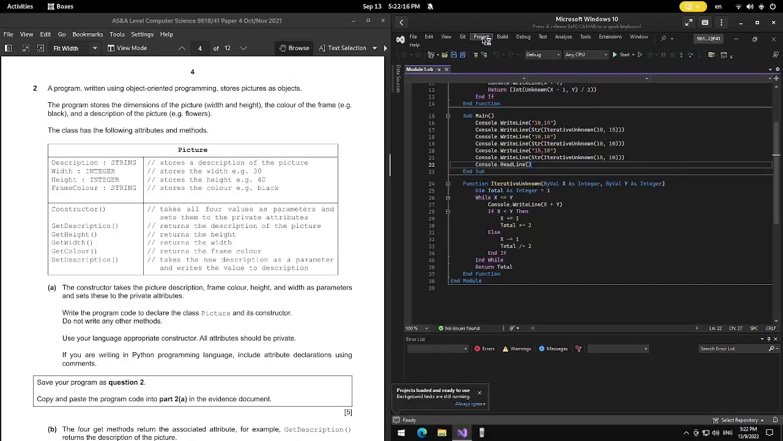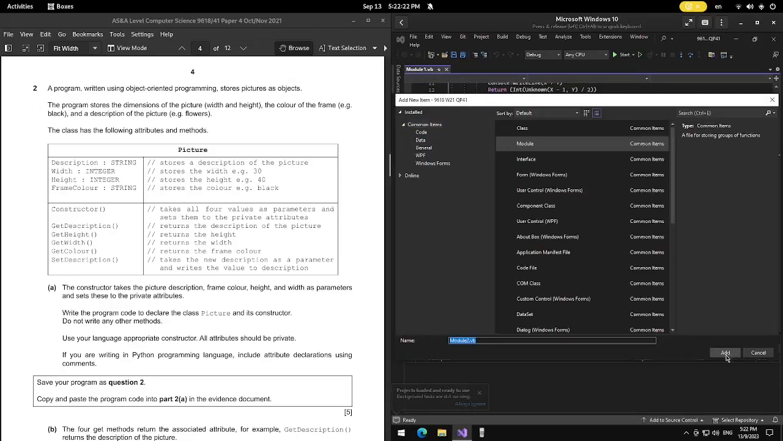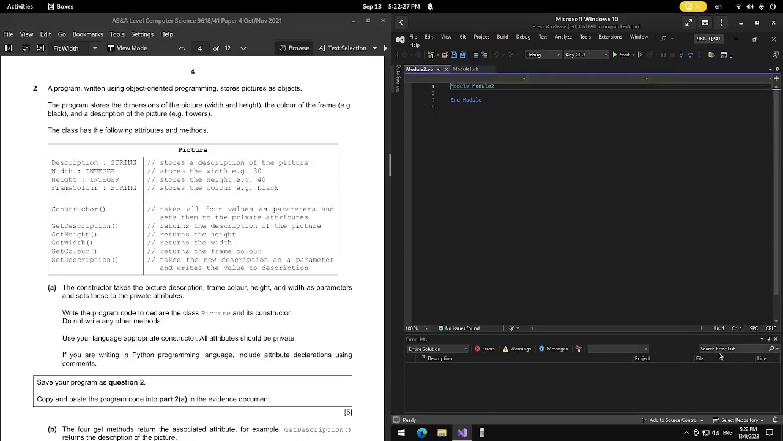Okay, let's just create a new module. Project, add module, and let's click on add. This will give us Module2.vb. Okay, so now let's look at the